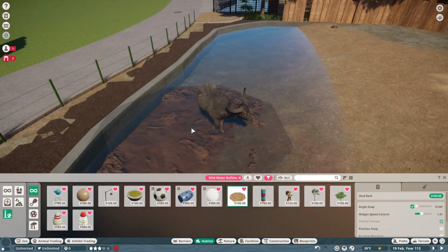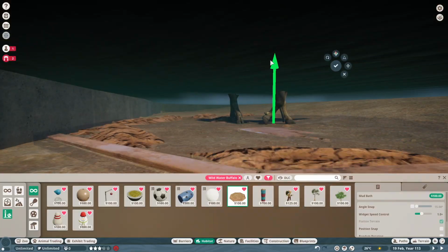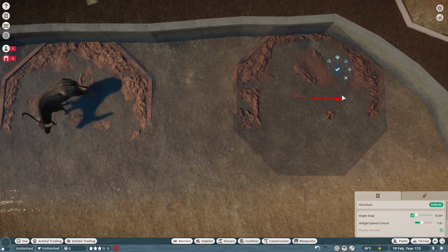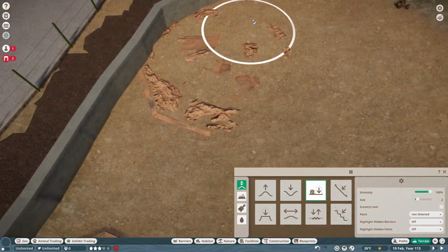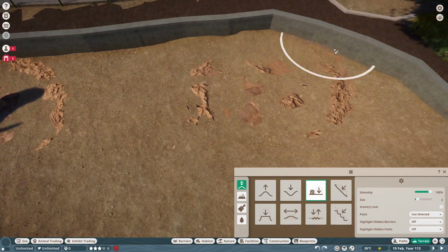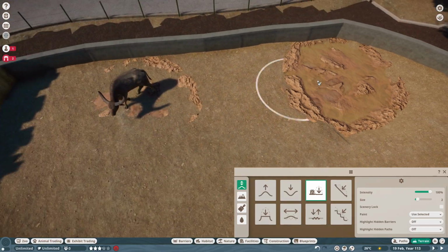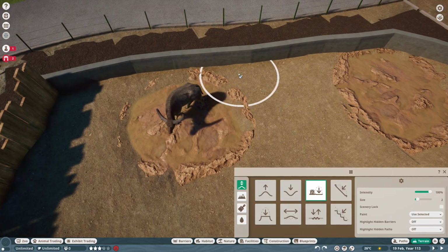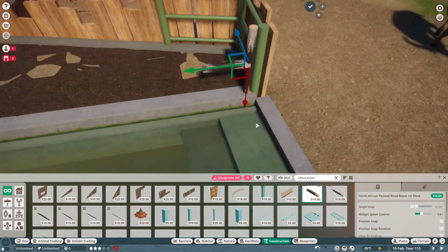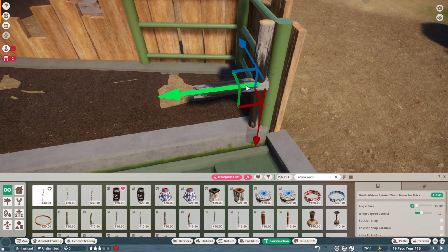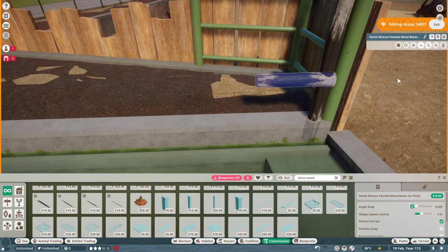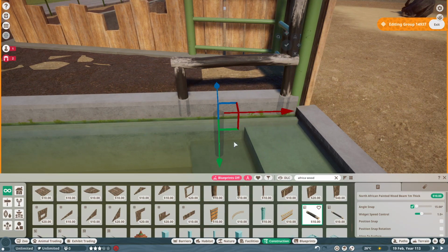Here we are also placing water, simply to prevent the mud pools from altering the environment. This is a little tip if you want to sink in mud pools to a certain degree, and it always brings down the rest of the terrain around it, because that is how enrichment pieces work. Place water, because water prevents terrain alterations, and so we can keep the moat here, but still place these mud pools where they would form, or where the keepers would make mud pools with water, because it's the lowest point, so the water goes there and creates mud. I think nothing much I need to talk about that.